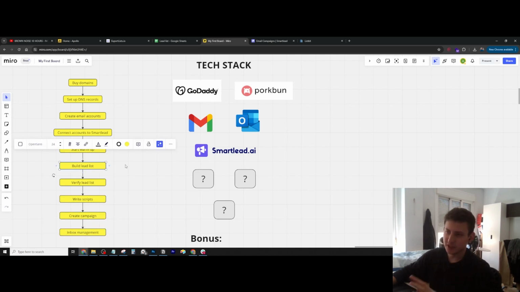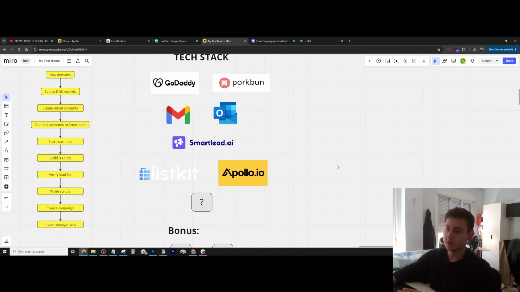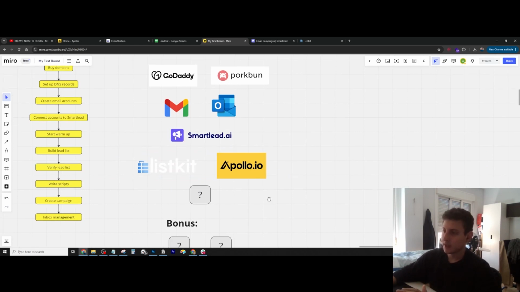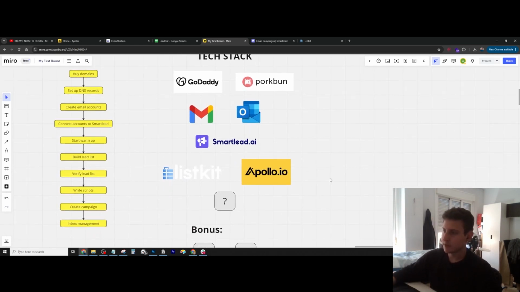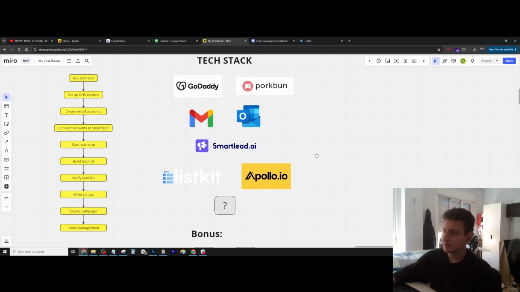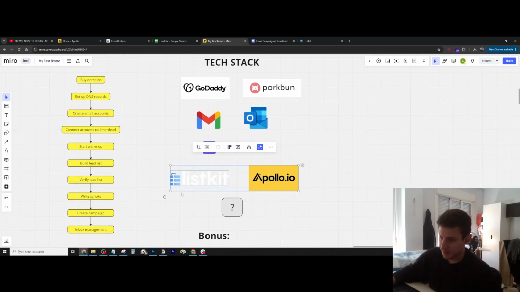Then the next step is to actually build the lead list that we're going to be reaching out to. For that, the main 2 softwares that I use are Lisskit.io and Apollo.io. They're basically very similar, so you can try them both, see which one you like the most, etc. And yeah, so go check it out. Shout out to Lisskit. So yeah, as I said, the main 2 apps that I use are Lisskit and Apollo,